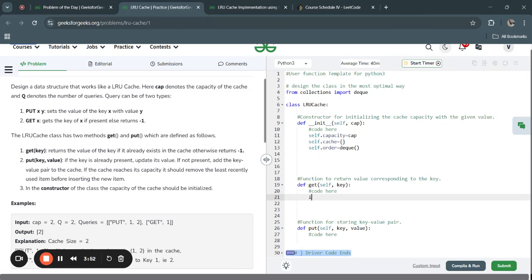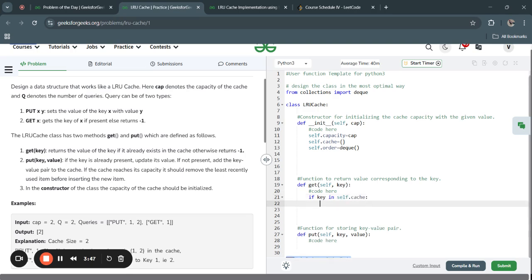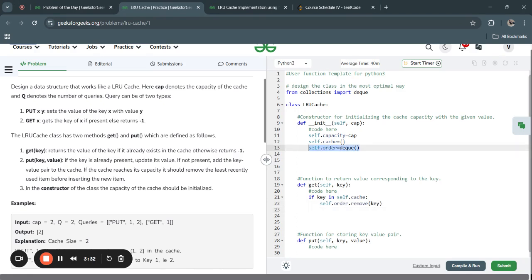If the given key is in the cache, what we're going to do is remove the order of it. That means we'll remove the key from the dq and append this at the very start of that. That means we're going to start this from the first. That means append left,